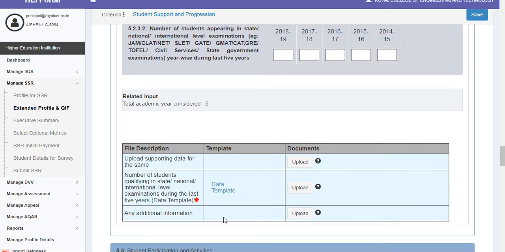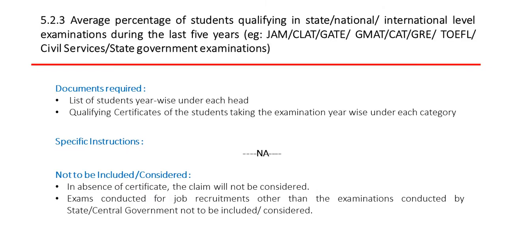In this metric, you have a mandatory data template upload, and you have to upload supporting data for the metric, and any additional information can be uploaded. Now let us see what the documents required and specific instruction of this metric are. The documents required is list of students year-wise under each head, the qualifying certificates of the students taking the examination year-wise under each category has to be uploaded.